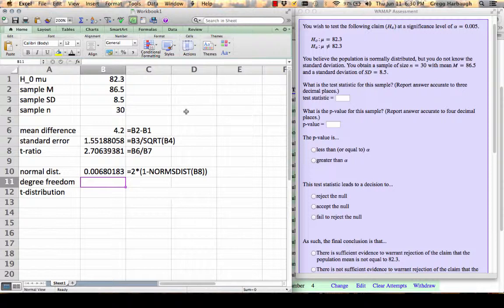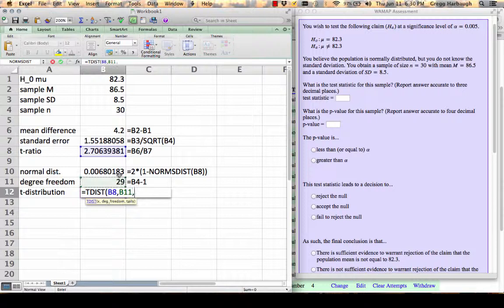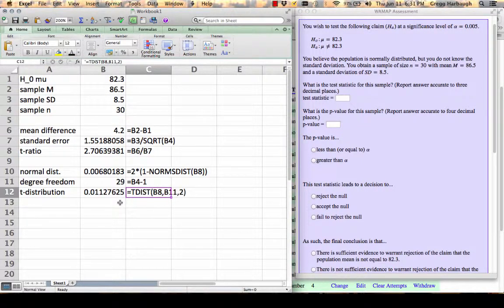Instead of using the normal distribution, because the population standard deviation is not known, we actually need to use the t-distribution. The t-distribution requires the degrees of freedom, which is 1 less than the sample size. With this, now we can use the function equals T.DIST, in which we give the t-ratio that we calculated, the degrees of freedom, and then the last argument is the number of tails in the test, which in this case is 2, and we don't have to do the additional calculation that we needed to do using the normal distribution, and this will give us a p-value of